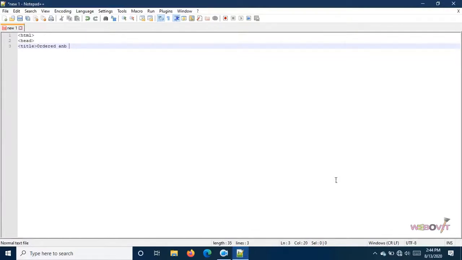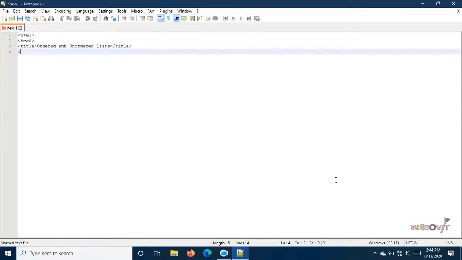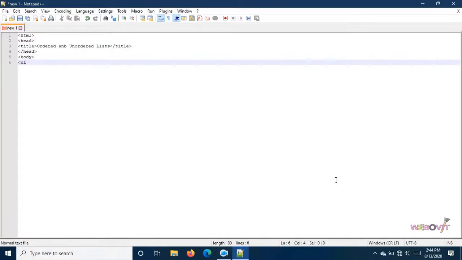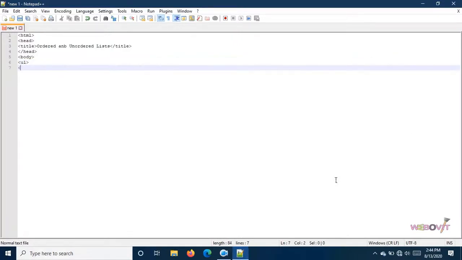Ordered and unordered list. Now inside the body we have an unordered list, so we will open a ul and then li.